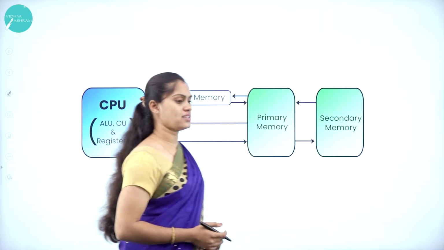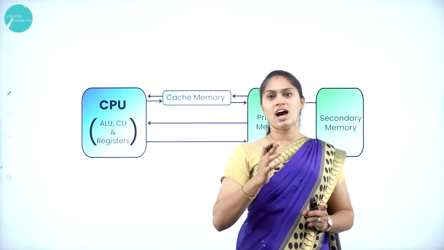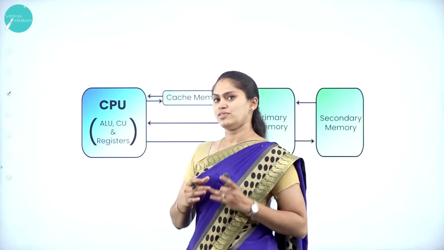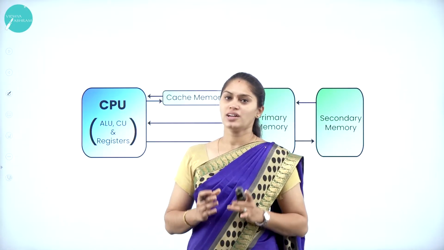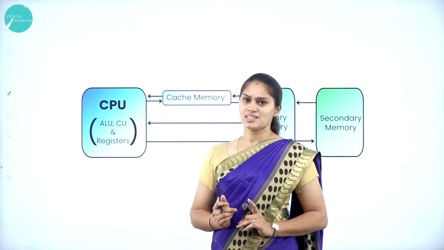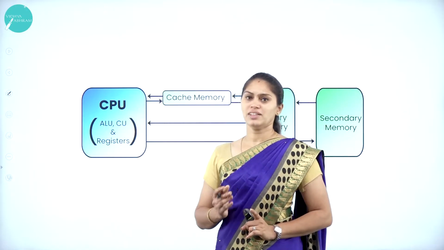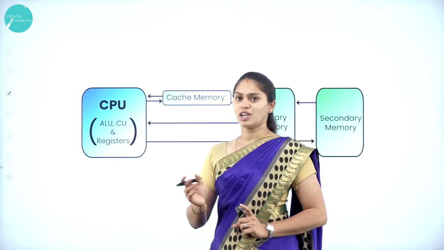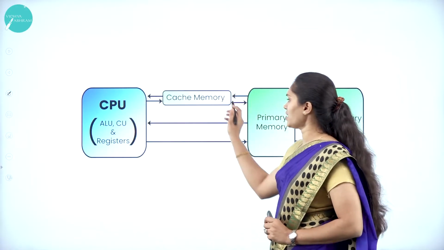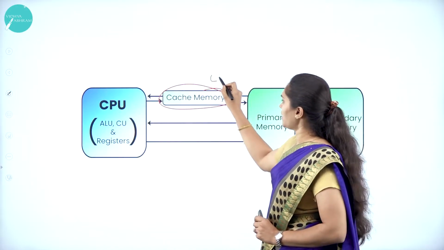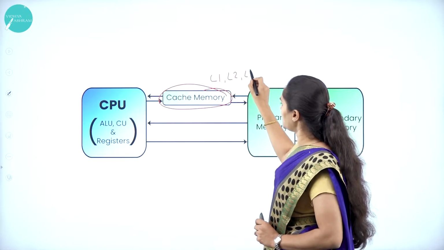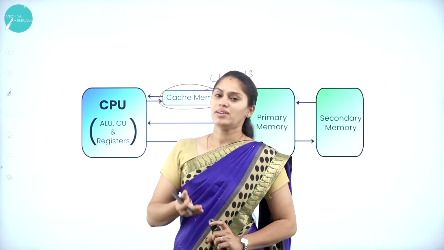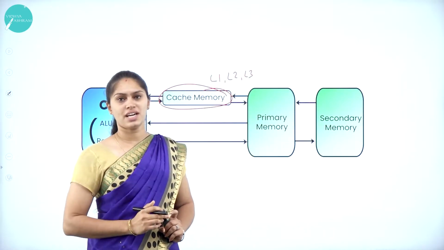Okay, here you can see the image of cache memory, how it is going to work. Here we have a CPU which is required for processing. That CPU consists of what? ALU, CU along with registers. Registers are also one of the primary memory, used to store the intermediate data required for processing. And here you can see the cache memory. Here we have all the levels L1, L2 and L3. Based on that level, it will be available either inside or outside the CPU.